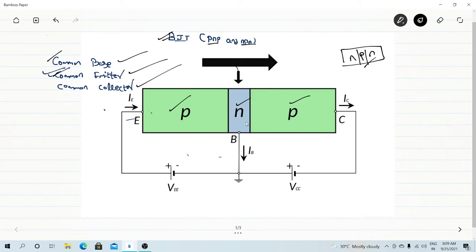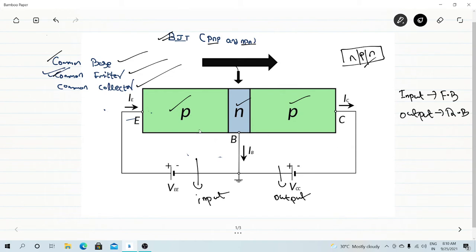I have taken a PNP transistor. In a PNP transistor, we have two P layers on the outer side and one inner layer, which is N. So first, this is my input section, and this is my output section. What I have to do is keep the input section forward biased. Input section should be forward biased and my output section should be reverse biased. Output will be reverse biased. So this is the thing that I should follow, or I should maintain.